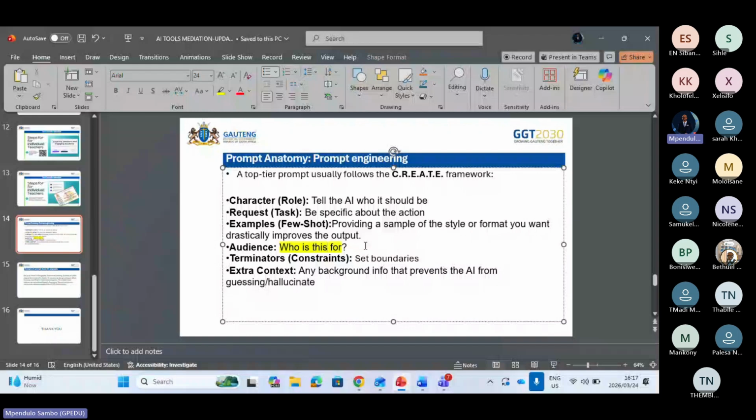You tell the AI how it should behave, and it should not use, for example, some swearing words. There are some instances where you want to indicate that, and there are so many boundaries that you can set. For example, use a level of language that is suitable for my learners. That is part of the boundary as well that you can set, but I'm going to show you in that particular prompt that I've created.